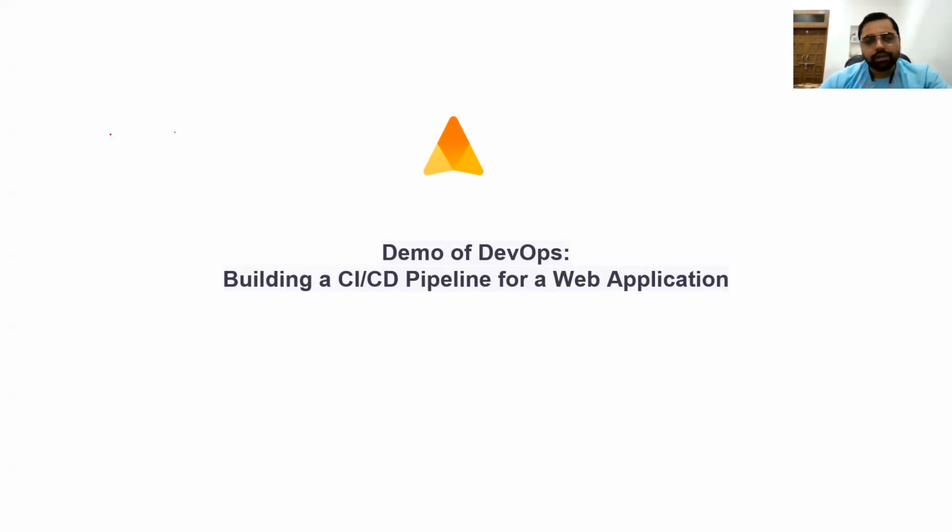I already have code for a web application where we get some output in the browser. I have written my code in Java, so I have a Java application. And for Java, as I told you, we have to build the application first. So we are going to use Maven for building the application,